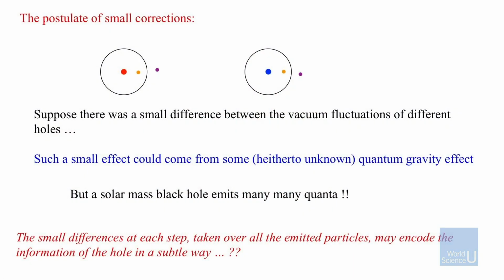But people also didn't focus on the fuzzball construction that much in the beginning, because they thought they had an alternative solution. It's very interesting that they thought there was an alternative solution to the problem, but now we know that solution wasn't right. But it's very interesting to know what that alternative solution was. And it's something called the idea of small corrections. So what's the postulate of small corrections?